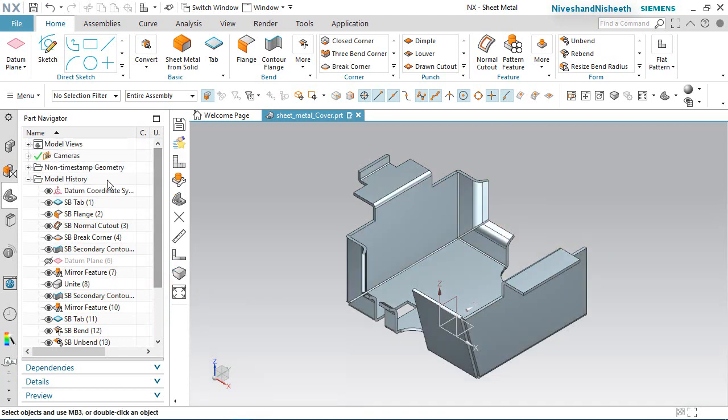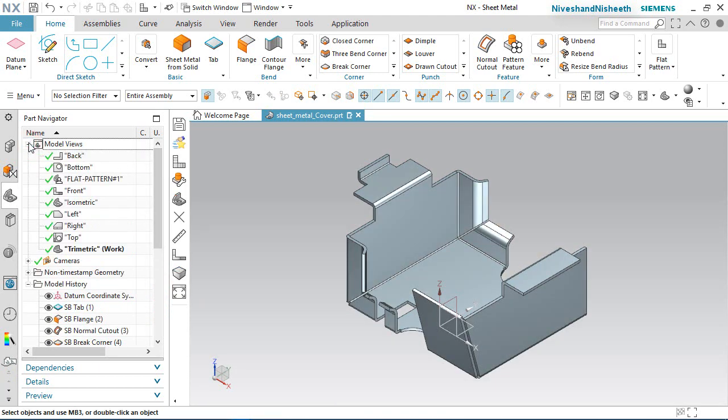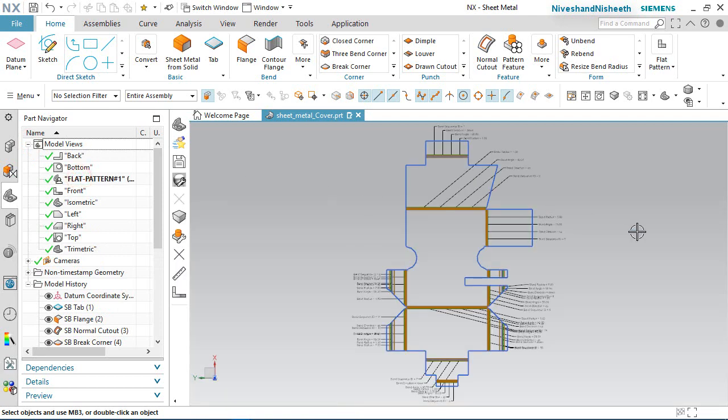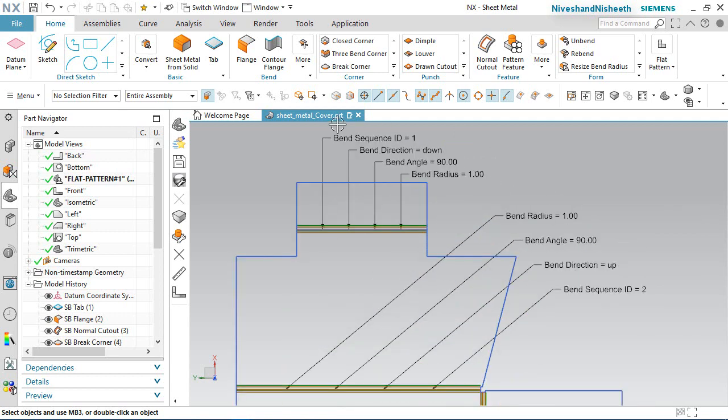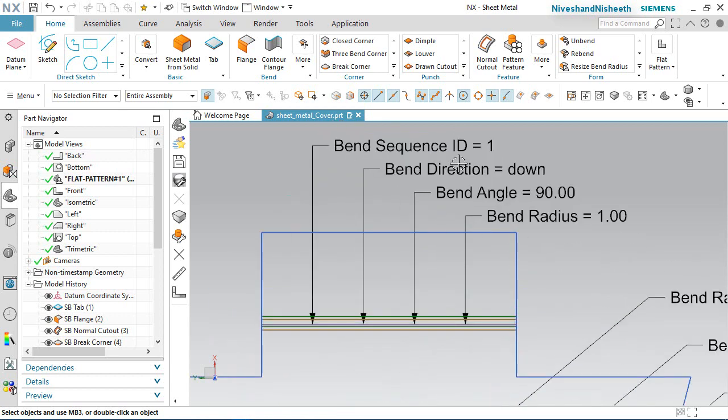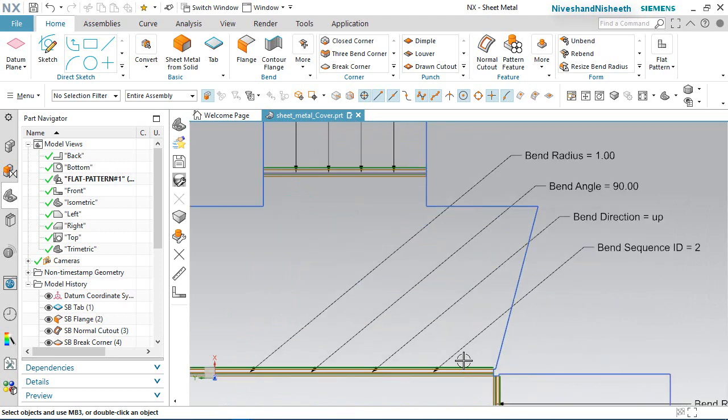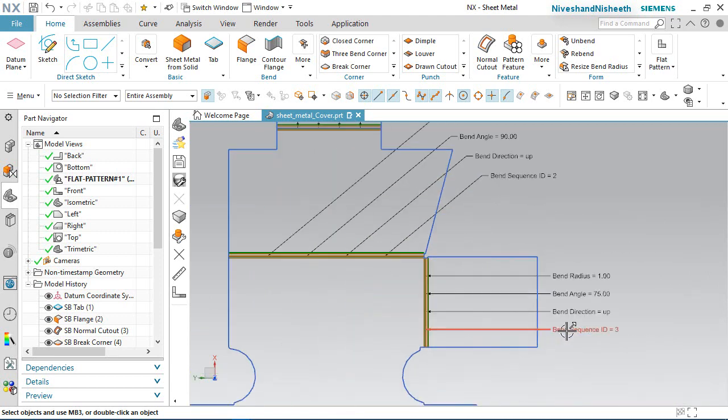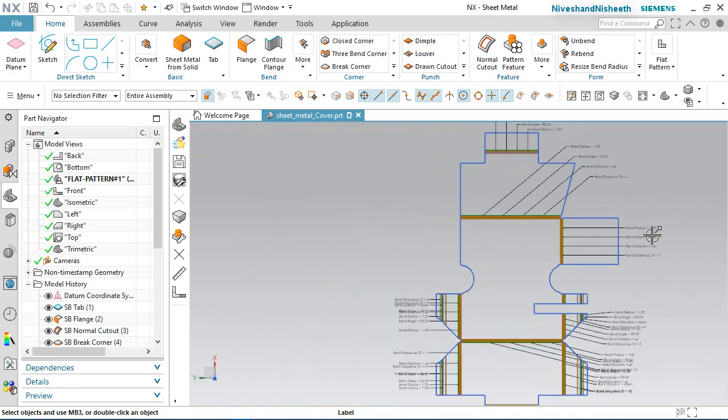Now we will go in the model view section and select the flat pattern view. Now see, the flat pattern of the sheet is visible here. Now you can see here bend sequence ID, bend radius, bend angle.